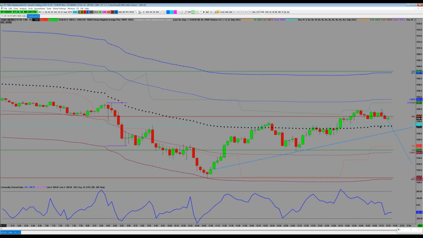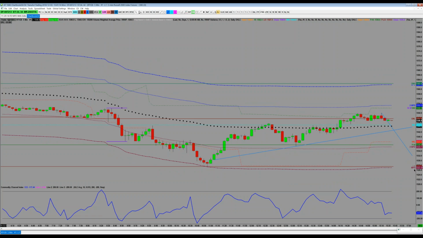See this VWAP here, the black dotted line. Here's why this upper band is being generated where it is. It's taking the entire range of the day, the high to the low, dividing it by 2 and then adding it to this black line. So this blue line here is the entire range of the day from top to bottom. Divide that by 2 and add it to this black line. That is this band. And down here, the maximum permissible deviation, the one in maroon, is the range of the day divided by 2 subtracted from this line.